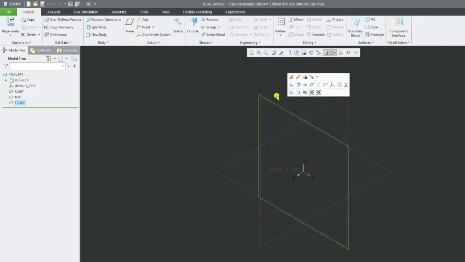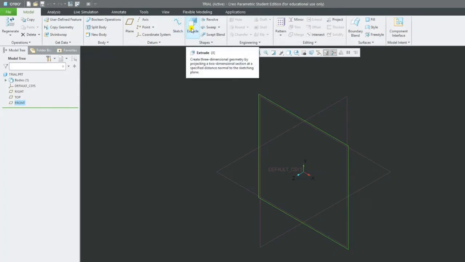Okay. So we select what we have done. We have selected the front plane. Clear. Then we go to sketch. Here sketch is there in this window part. I will explain one by one when it comes for the model part. Now for the time being, since we are in the first part, only sketch is there and extrude is there.